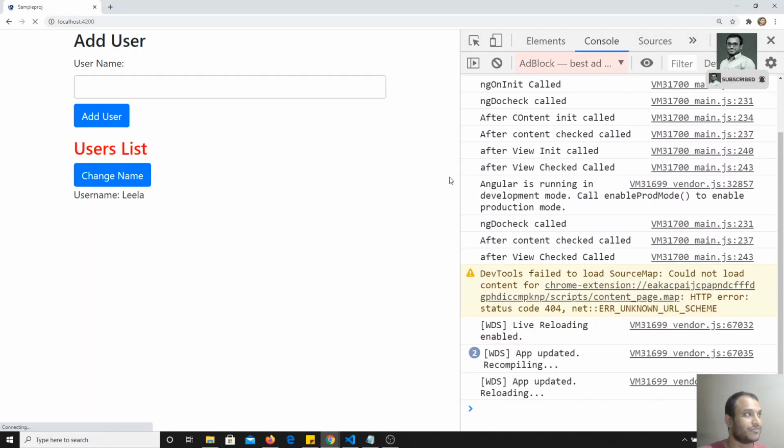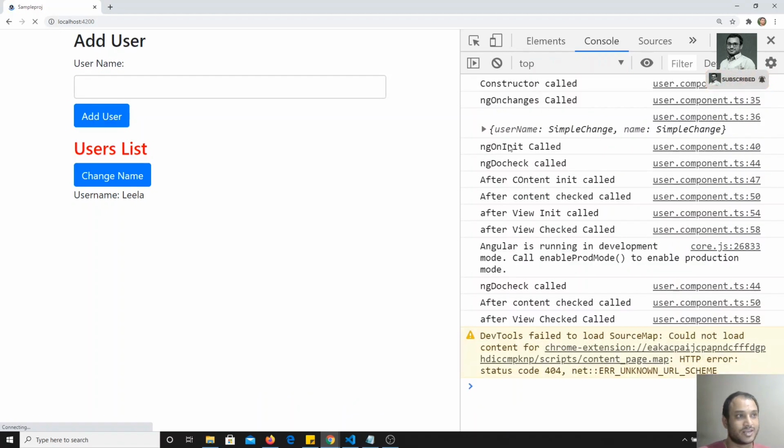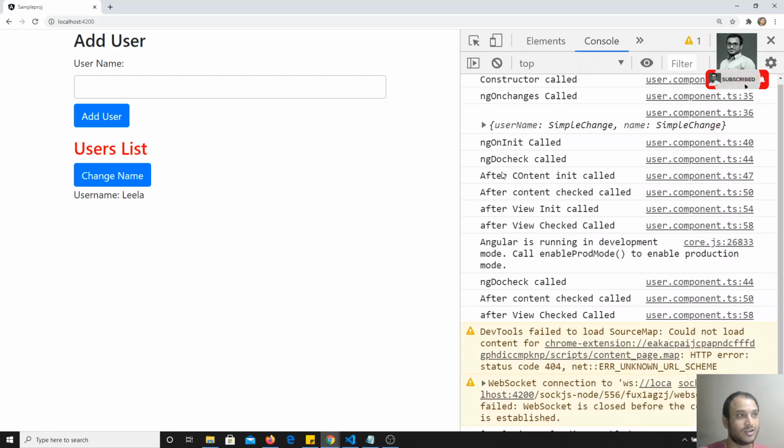Now we will check the output. If I refresh this, you will see constructor, ngOnChanges, ngOnInit called, ngDoCheck called, after content checked. Now you will see that after view init is called, and also after view checked is called. ngAfterViewInit is executed only once, when the view is initialized. ngAfterViewChecked will always be called.